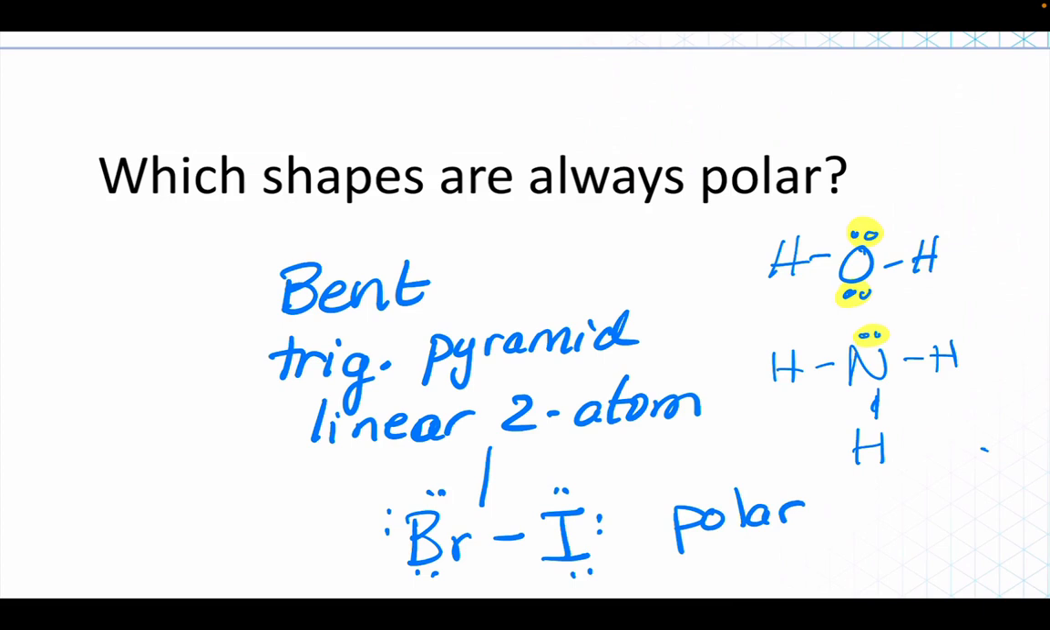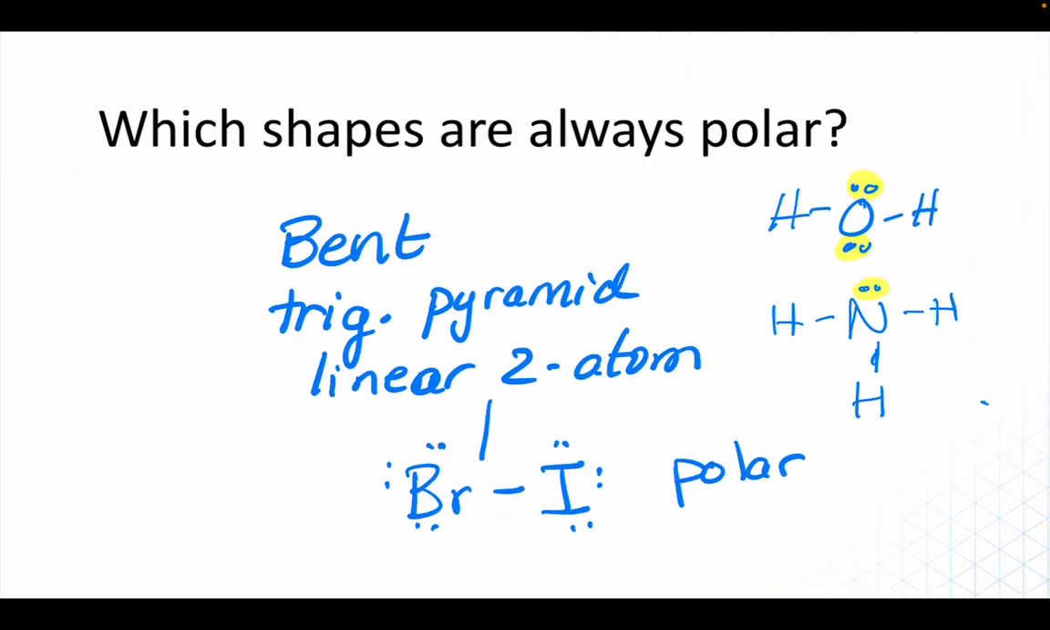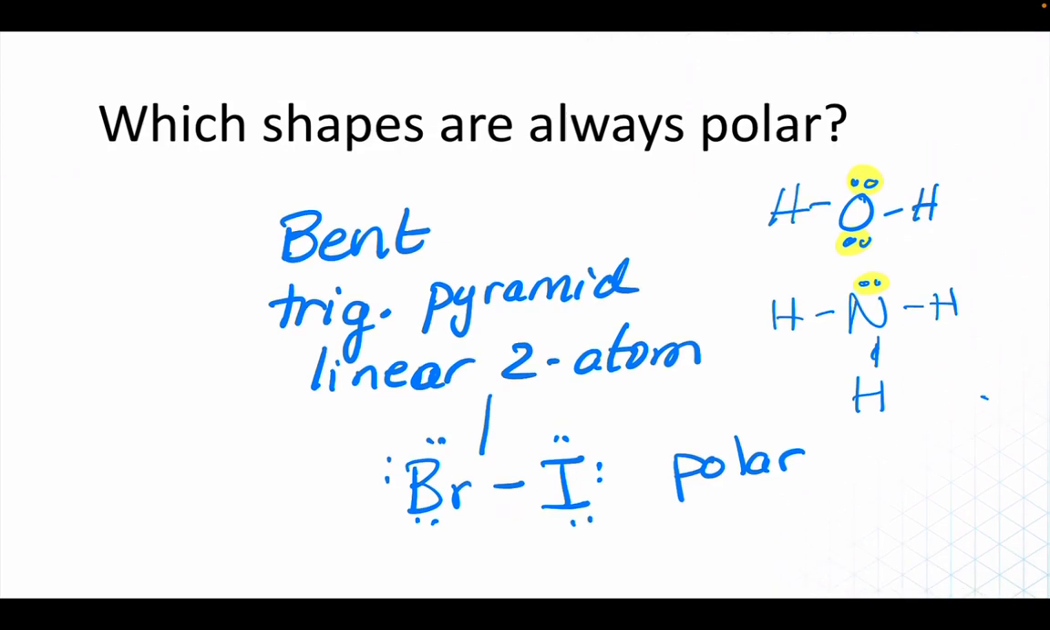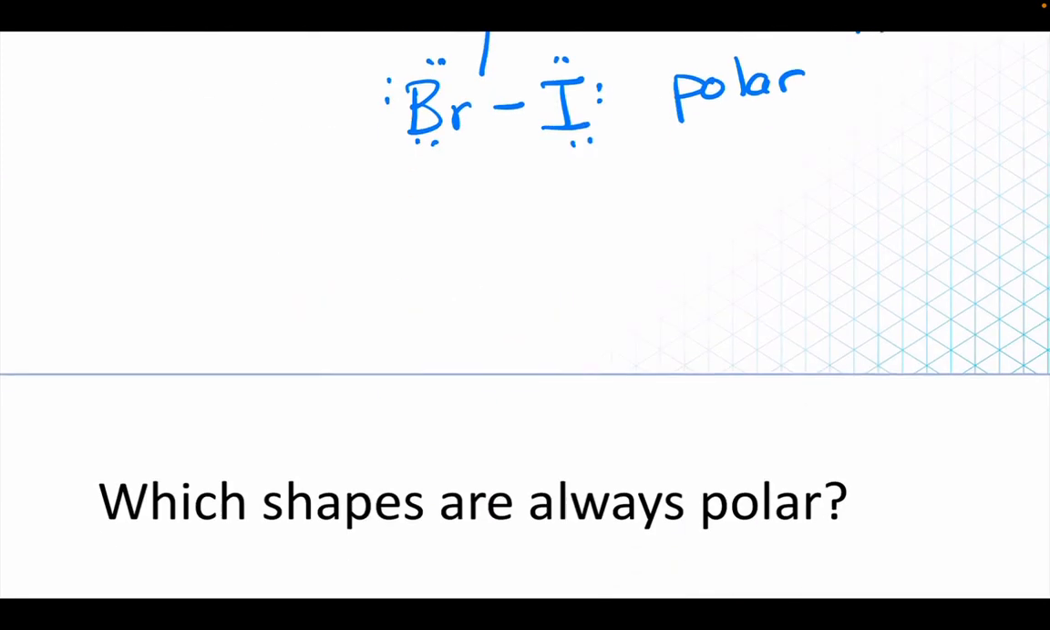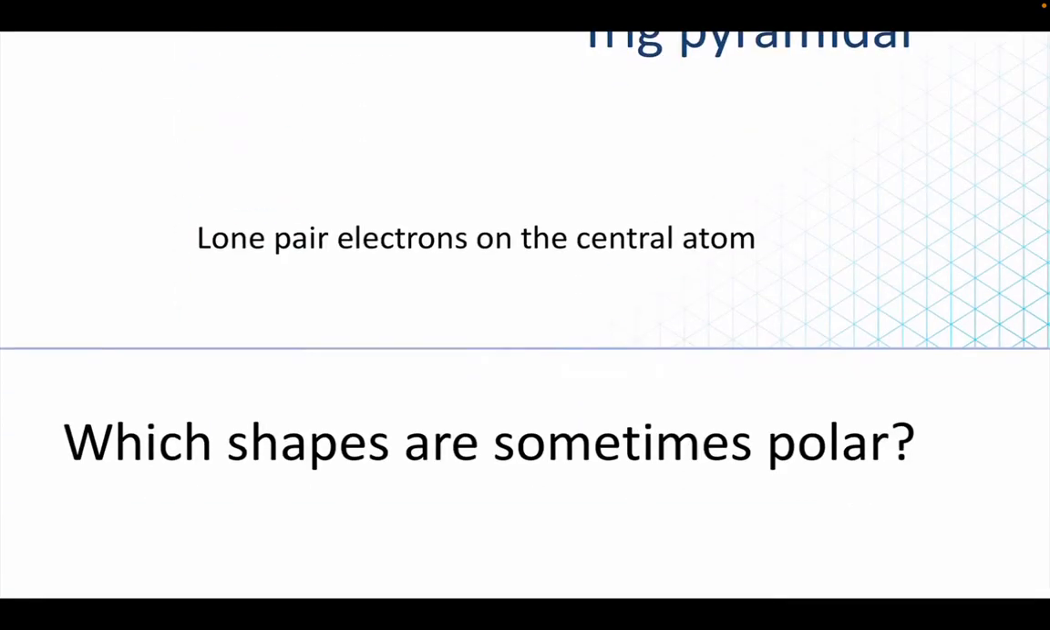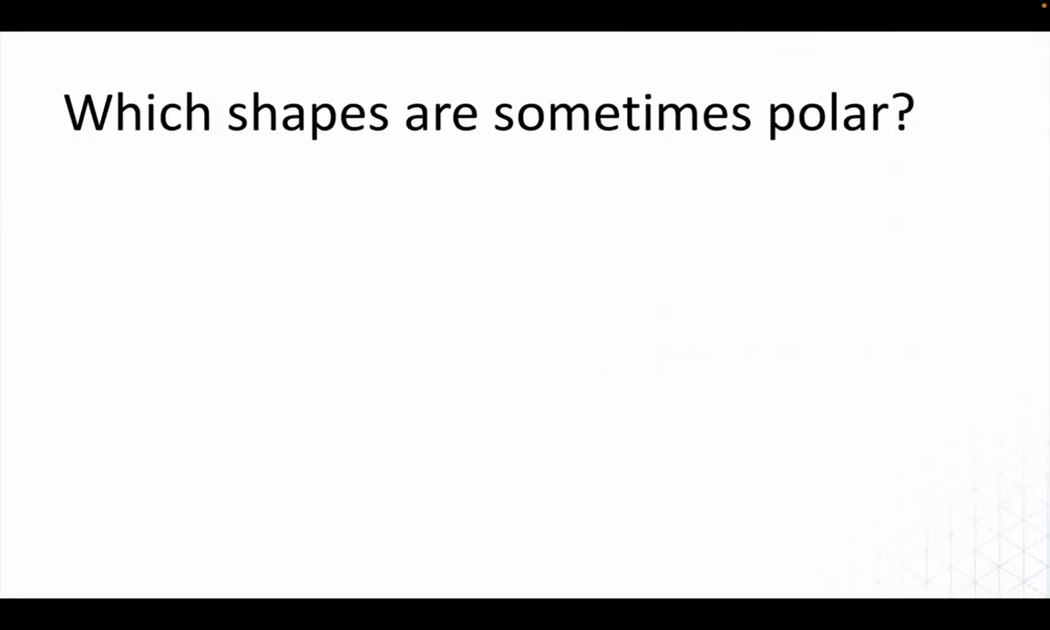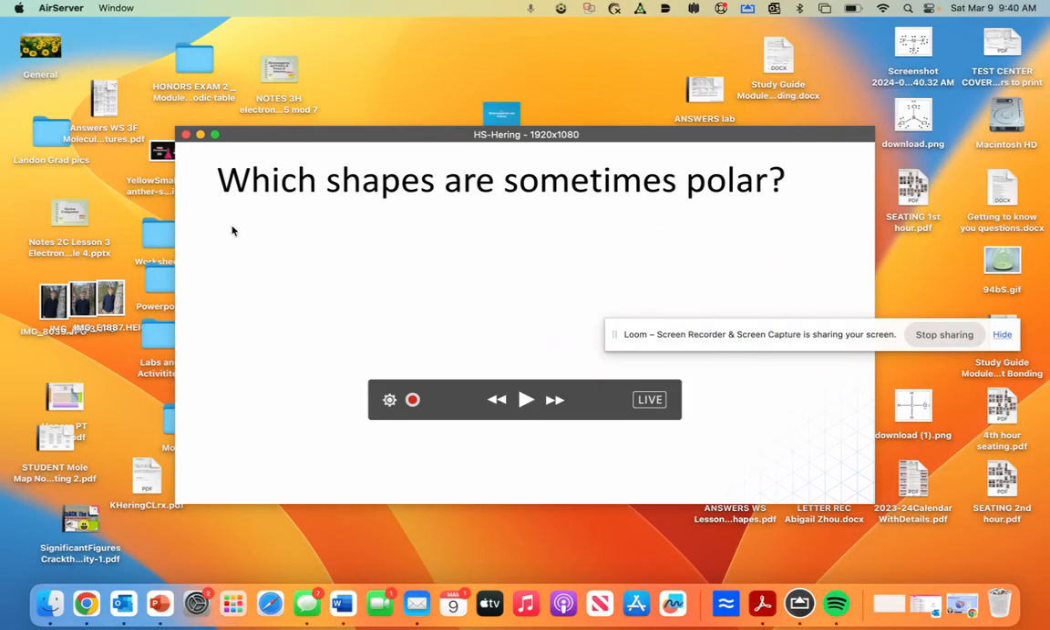There's always some polarity, even if it doesn't register over 0.4, unless the atoms are identical. So these are shapes: linear 2-atom molecules that are not the same element. Trig pyramids and bent are always polar shapes. And then the ones that are sometimes polar, and again, I'm going to go back to that PhET because it